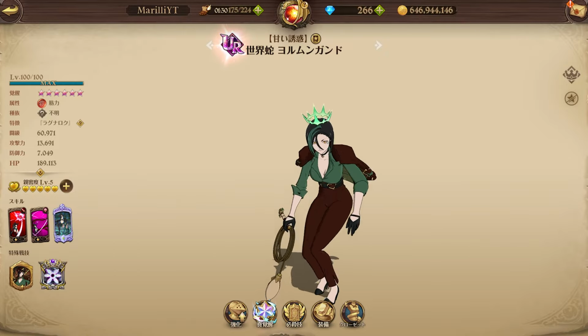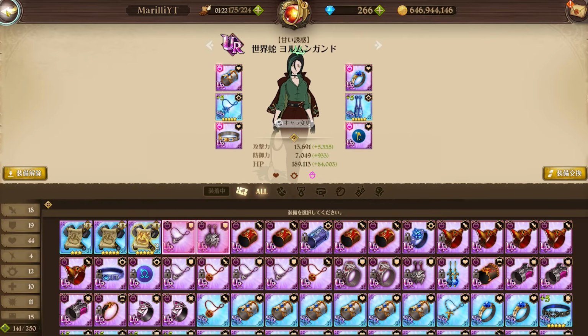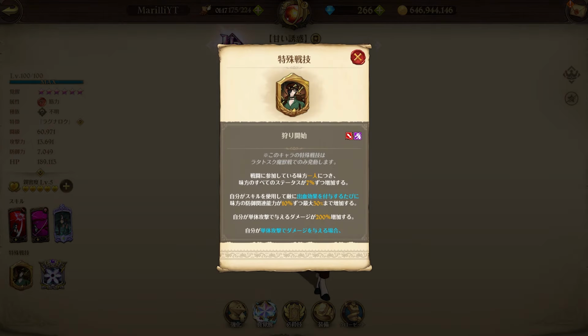All right, boys. So here we are about to showcase the new Red Jormungandr and pretty much the new RATATOSKR. Again, with Jormungandr, she's gonna be a pretty interesting character because this character is literally made for RATATOSKR. And again, we're gonna go over pretty much what she does. But if you don't know, she increases all stats of allies by 7% for each ally participating